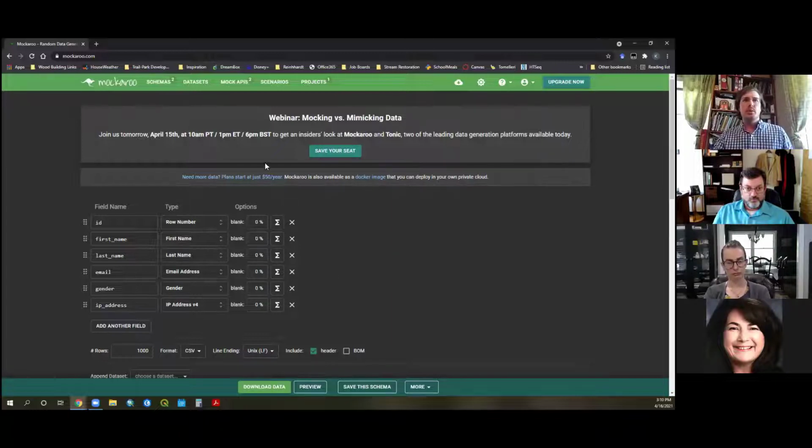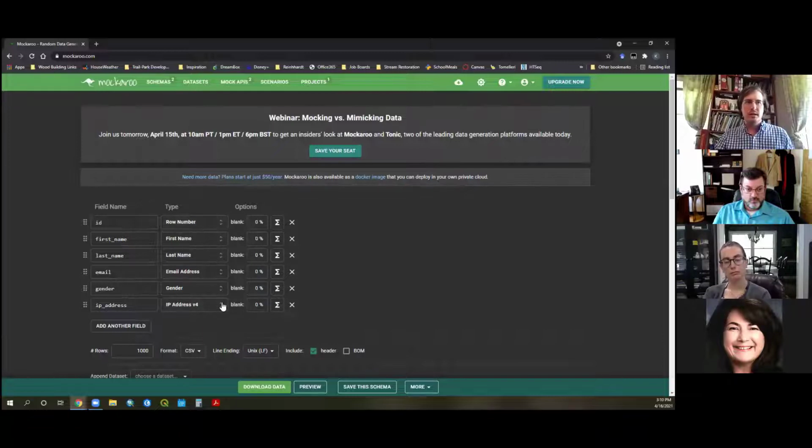So exploring a little more, when you open up Mockaroo on the website, you're going to notice that it automatically sets up a schema for you to use. And you can start altering this schema in any way you want to. So we can look and see that these are the field names, the type of data that's going to be generated, and then options.